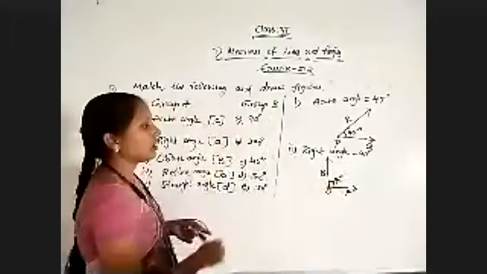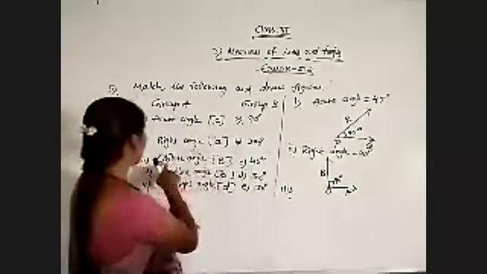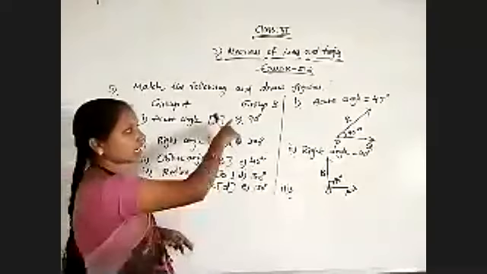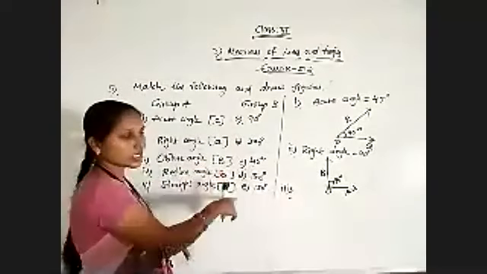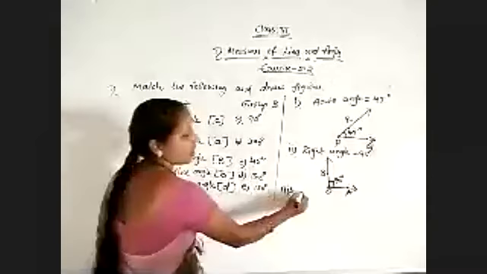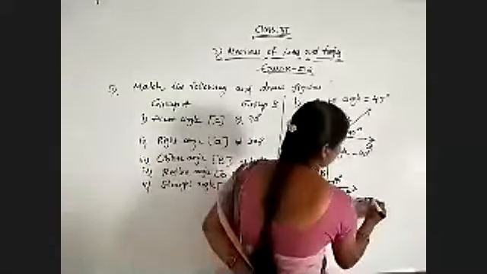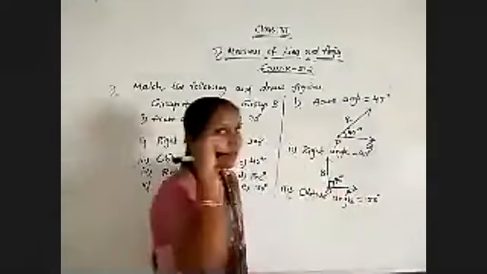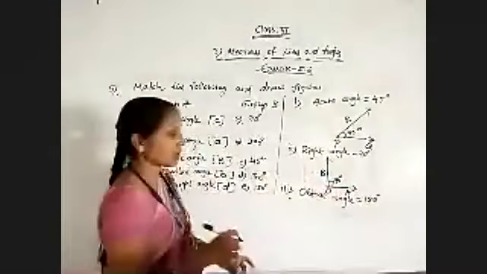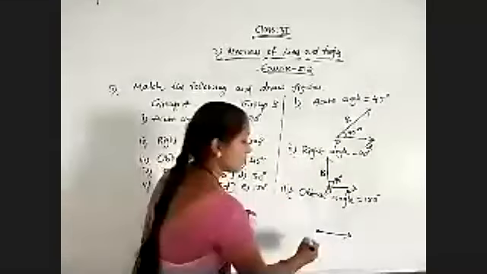Okay. Now coming to the third question. Third one, obtuse angle. What is the measure of the obtuse angle in this figure, in this option? 150 degrees. Okay. So the obtuse angle is equal to 150 degrees. That 150 degrees I need to construct with the protractor. So I am using the letters AB.